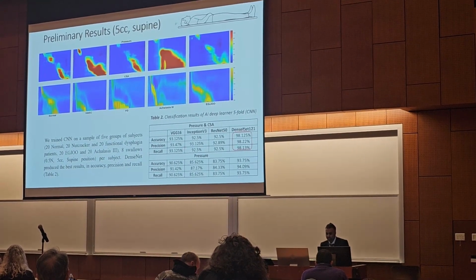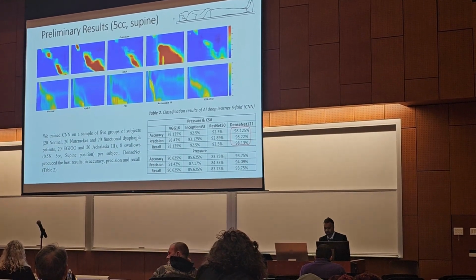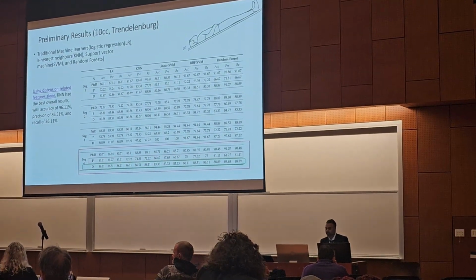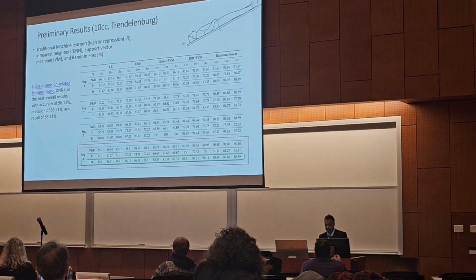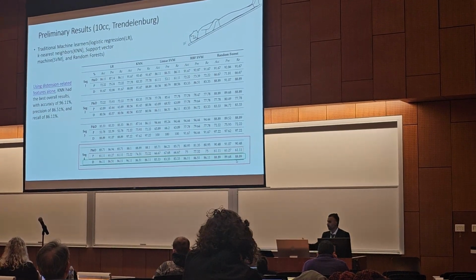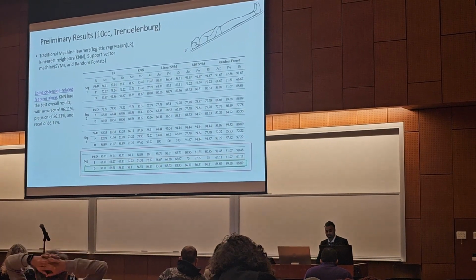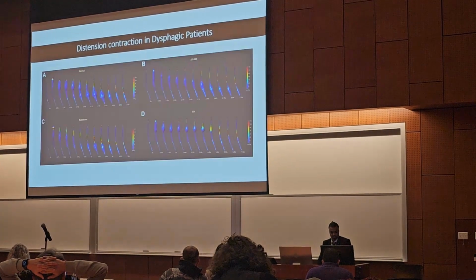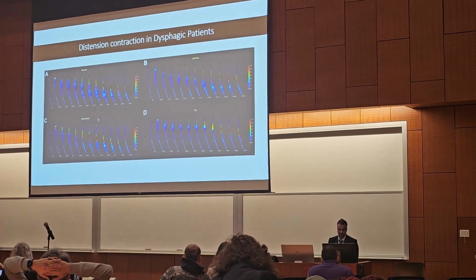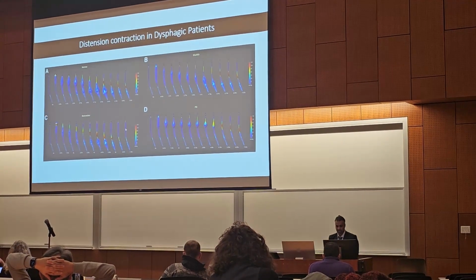We found that you can actually achieve accuracies of 98%. Recall is the same as sensitivity, 98%. And if you turn the patient down and increase the volume from 5 cc to 10 cc in the Trendelenburg position, using distension alone you can get accuracies of 88%. This again underscores the role of distension, which has been overlooked for the last 3 decades. This is a sample result of a normal subject, an outflow obstruction subject, Jackhammer esophagus, and functional dysphagia. You can see the patterns of distension are different in the dysphagic